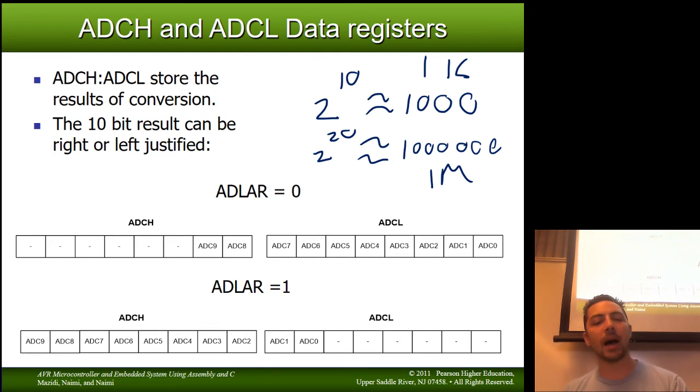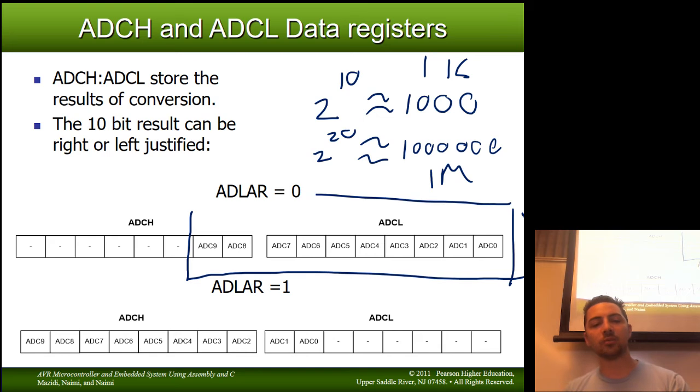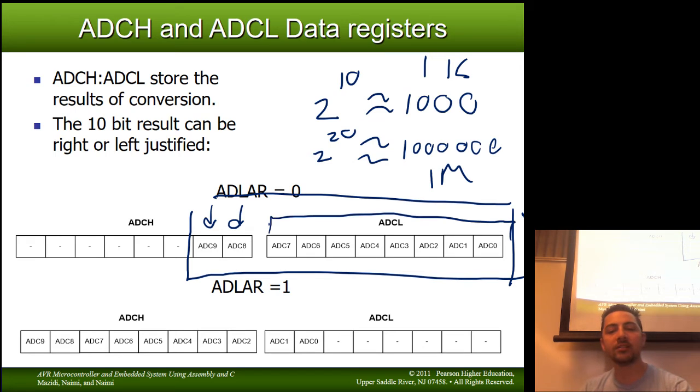So we have 2 options as how we look at it. We have 2 registers. One's called ADCH and one's called ADCL. This is where the digital result of a conversion gets stored. So we can look at it such that the upper bits are in the high and the lower 8 bits are in the low. Or if we don't need a full 10-bit resolution, if we only need an 8-bit resolution,